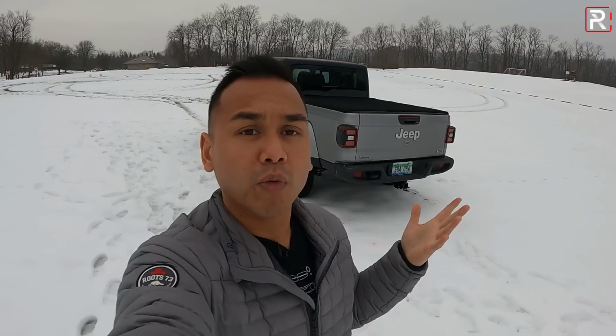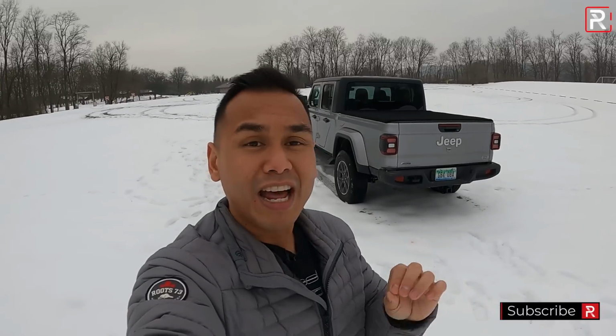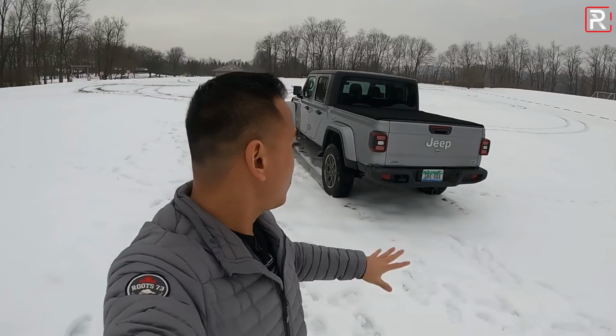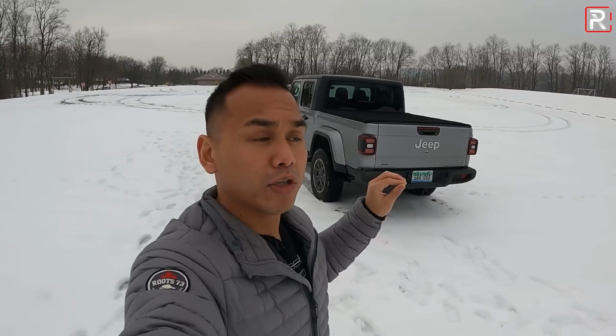I think that it looks a little bit weak at times, so I probably would swap out the tires and just get a better mud terrain tire, because the Rubicon kind of gives you that, but the Rubicon also sacrifices some on-road ride comfort. This one is a little bit more comfortable, it's a little bit quieter, gets a little bit better gas mileage, it's lighter than the Rubicon,